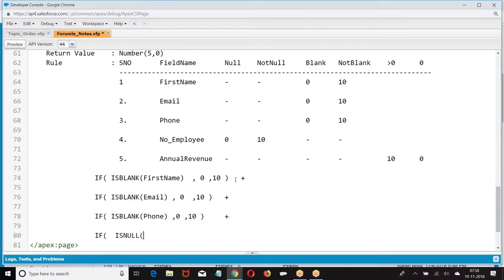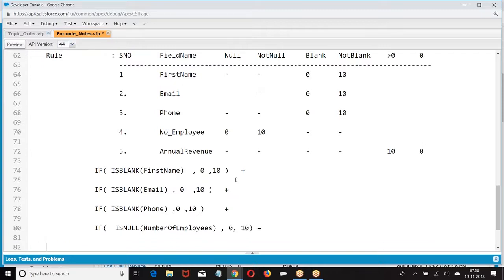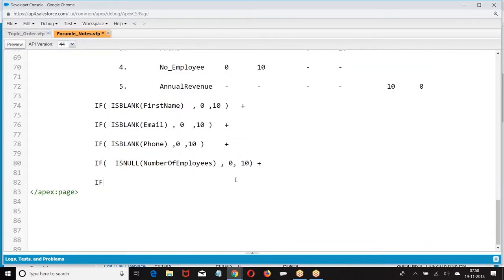Is null of number of employees. If number of employees is blank, give 10 points. If annual revenue is less than or equal to, greater than 0. This is how we give.